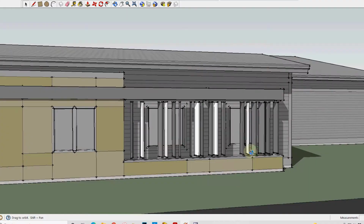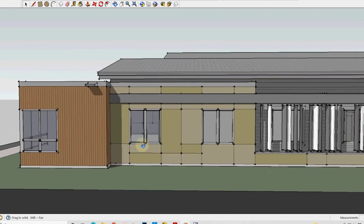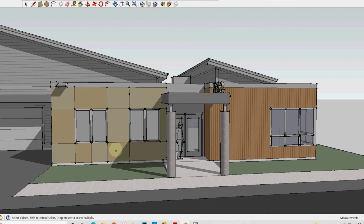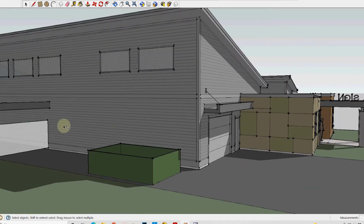This does face west, by the way, so could get a little hot in the evening, but could help animate the facade, but also shade those windows. You can see we're starting to play with breaking the height down as well. The entry, covered entry, reception, marketing, entrance to the shop area itself, some outdoor covered storage on the back of the warehouse, with some higher clerestory windows to bring light into the warehouse. So this was one idea,